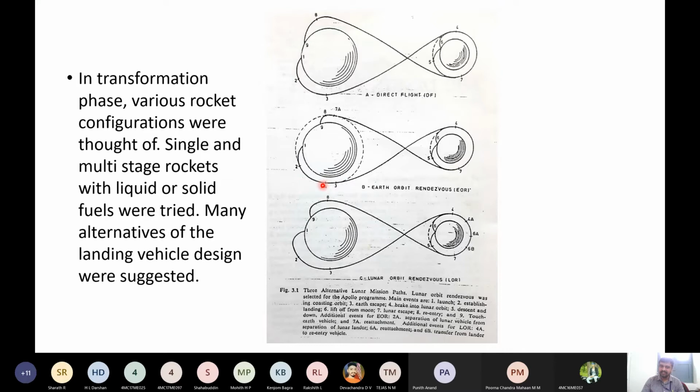It will get detached. Then the lunar vehicle will move in this path, whereas the vehicle designed for the Earth orbit will take this path. So here it will detach, and the lunar vehicle will take this path, and the vehicle designed for Earth orbit will take this path. Then the lunar vehicle will reach the lunar orbit, then it will revolve and land on the moon, and again after a few hours it will take off from the moon.